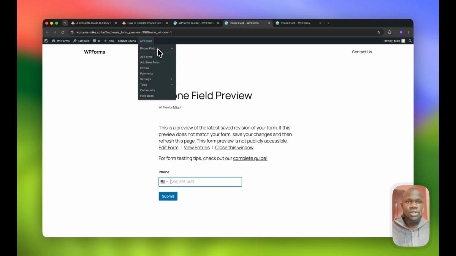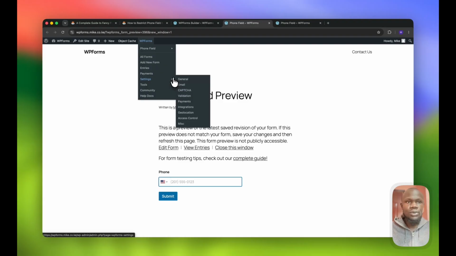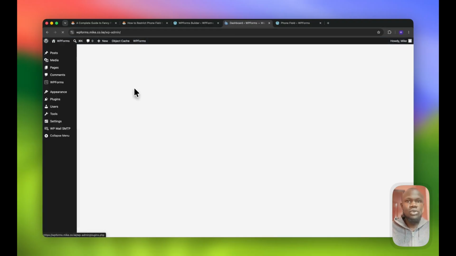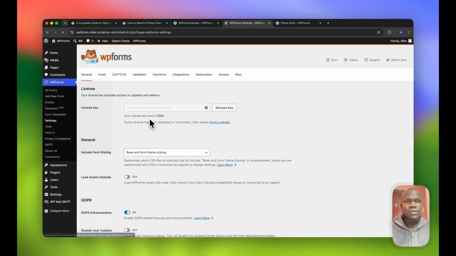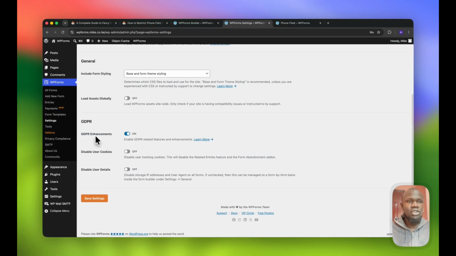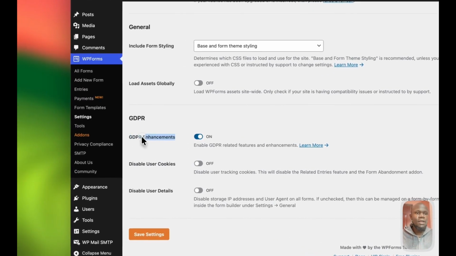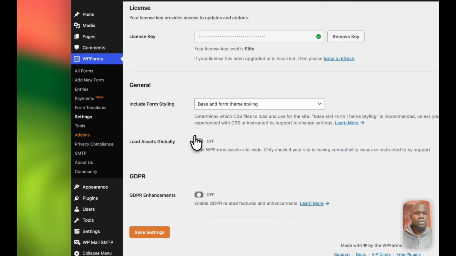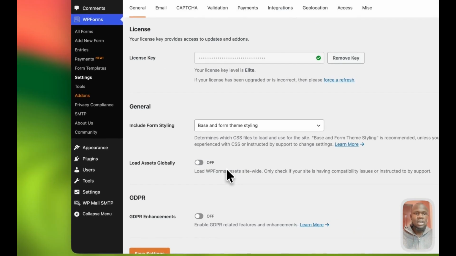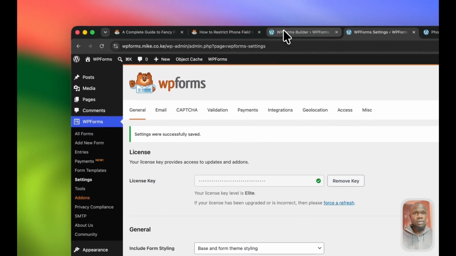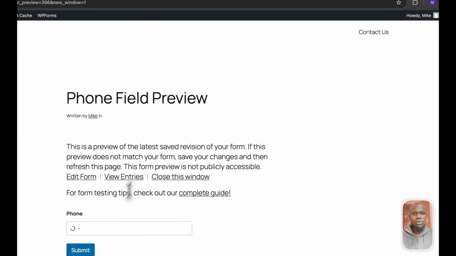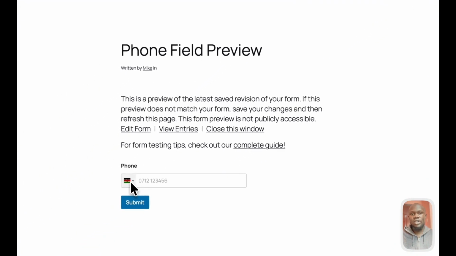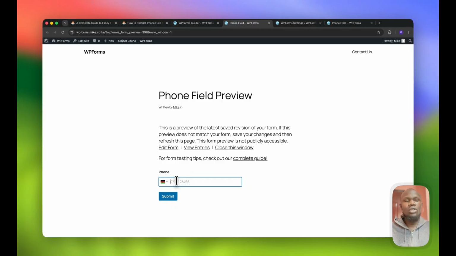So in order to show that, what you're supposed to do is go to the dashboard. Once you're in the dashboard, go to WPForms, then go to settings. From the settings page, you'll see the GDPR elements. What you're supposed to do is to toggle this option, then save it. As soon as you do that, you come back to our form, then preview. You'll notice now it defaults to Kenya,